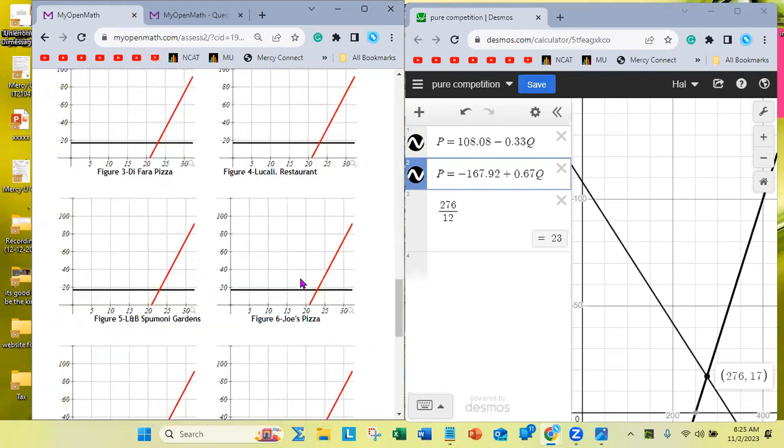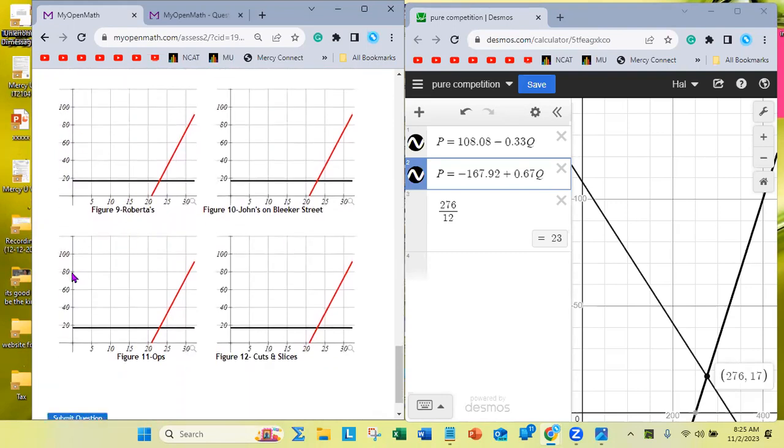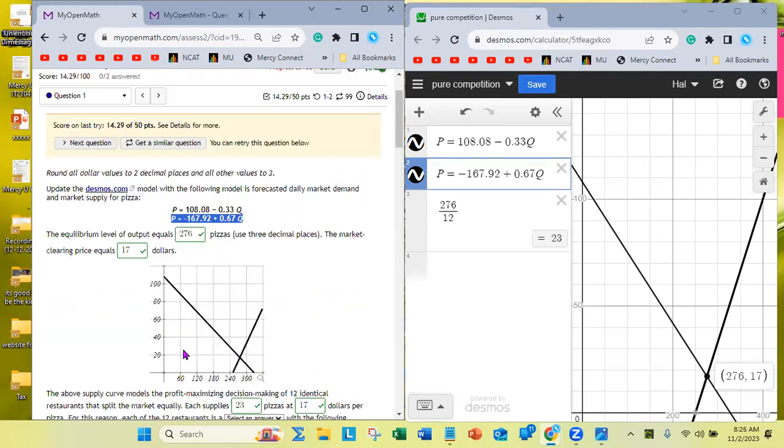So if at each price I add the quantities together, at a price of 40, it looks like the quantity supplied would be maybe 26. So I can multiply 26 by 12, and I'll get this quantity,